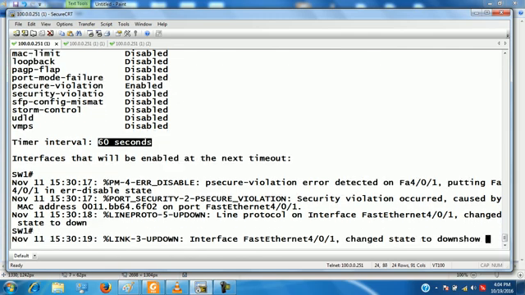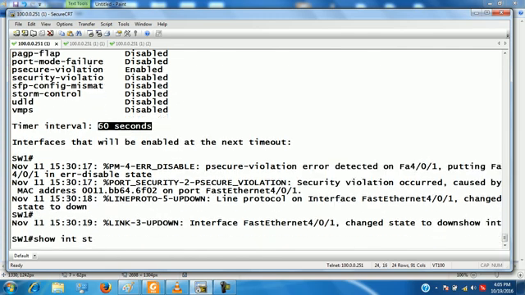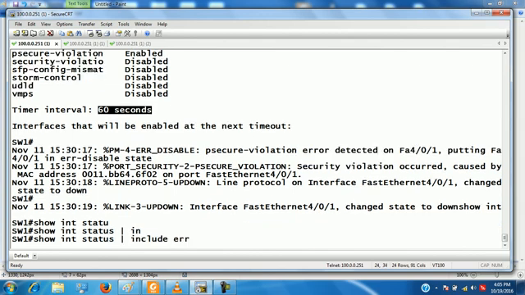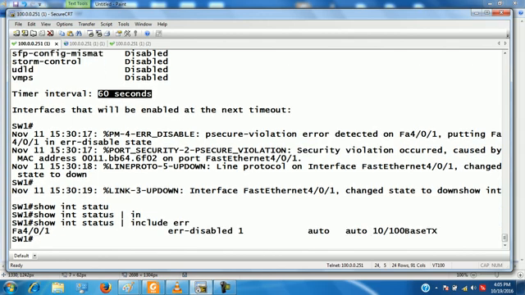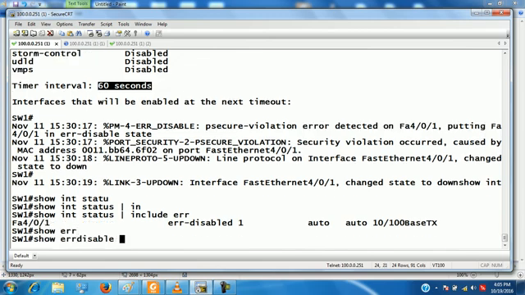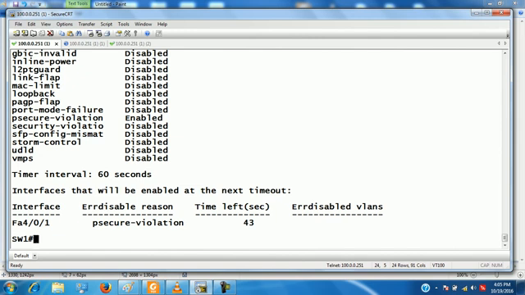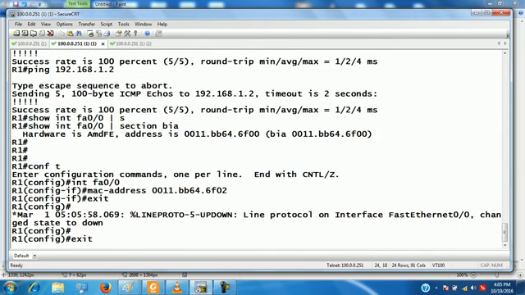Violation is there. Show interface status, section include err. This port is in error disable state. Show errdisable recovery. The switch will try to recover this port after the timer. So let me change the MAC address again.